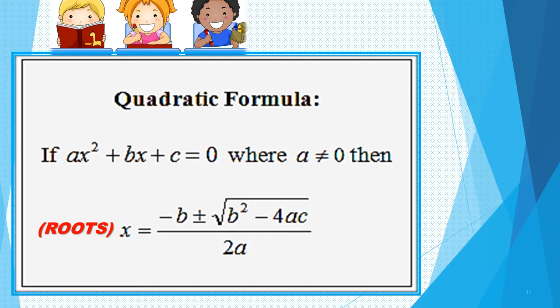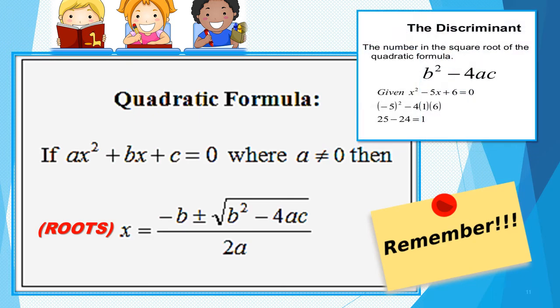But here you can observe, b square minus 4ac is what? This is known as the discriminant, right? And we will denote it by capital D. And here you can see one example also of how to find the discriminant. Next we will do the nature of the roots.